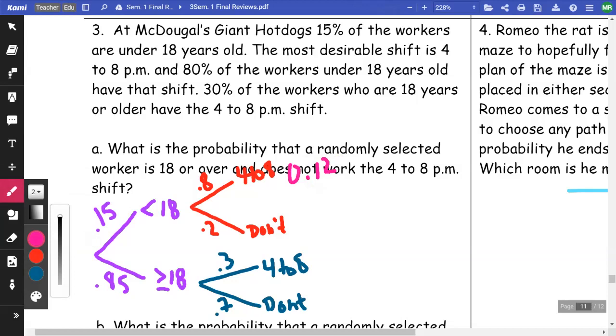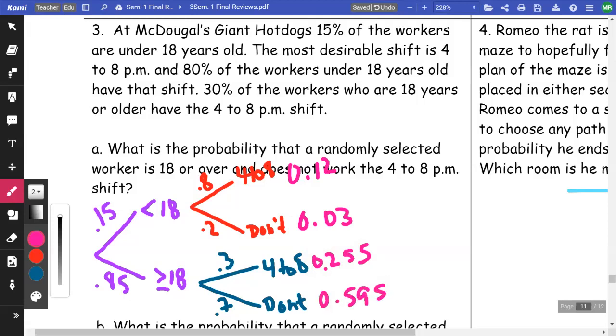0.12. And then when I'm doing 0.15 times 0.2, I end up getting 0.03. Let me get rid of those lines. 0.03. And I'm going to do the same with the other branches. So 0.85 times 0.3 is 0.255. I'll put the 0 in front. And then 0.85 times 0.7 is